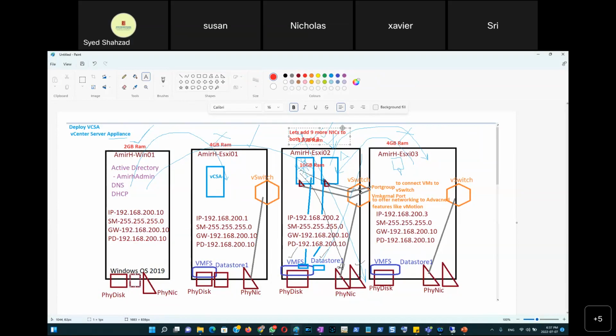Why? Because I need to show you how to deploy, suppose vMotion, how to deploy vMotion with its 2 dedicated network cards. So the more network cards we have, just to show the vendor best practices for deployment of advanced features like vMotion, fault tolerance, vSAN, right? So we can deploy the advanced features with just 2 network cards as well,